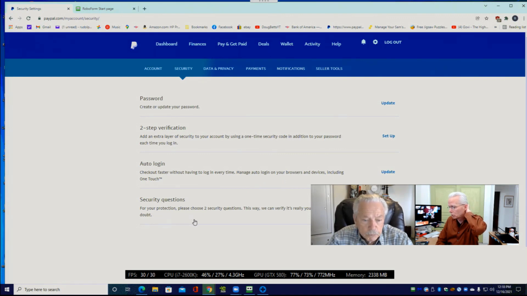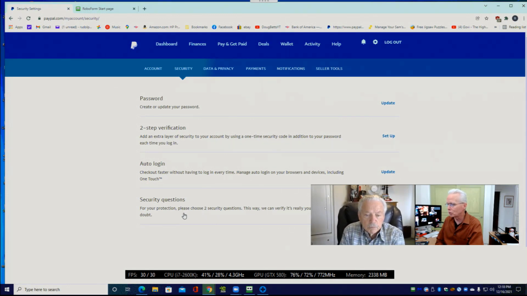And then there's security questions. So someday down the road you forget your password or lose track of it. RoboForm, I don't know, what does RoboForm do? Crashes, dies, some other reason that you need to reset your password. That would be a reason to have security questions.